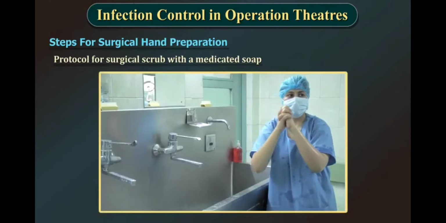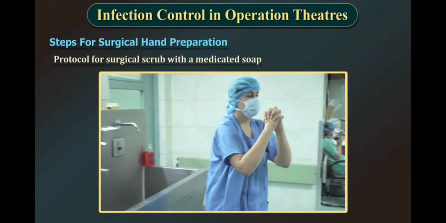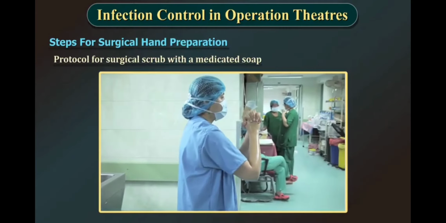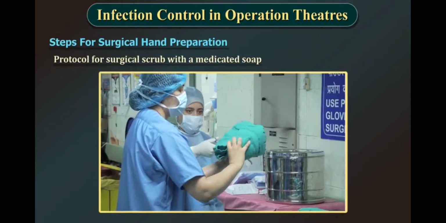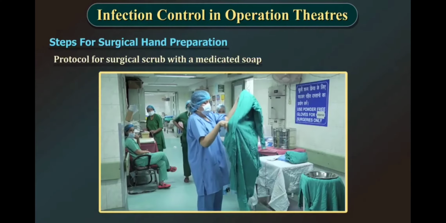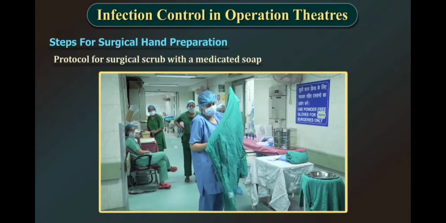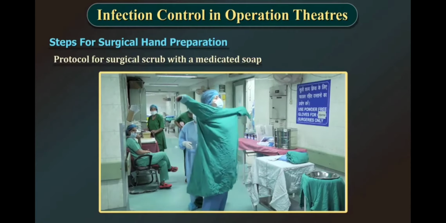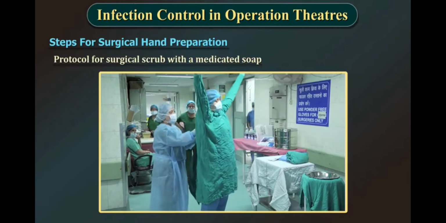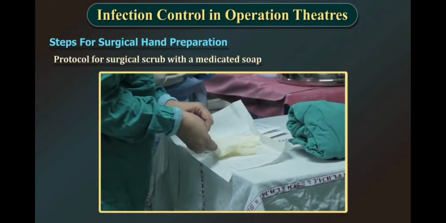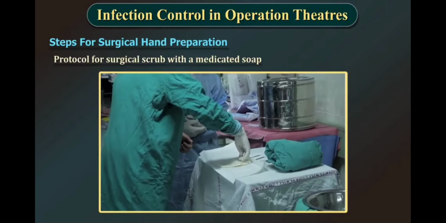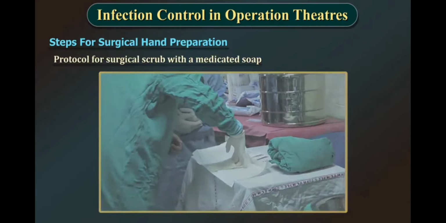Proceed to the operating room or suite, holding hands above elbows. At all times during the scrub procedure, care should be taken not to splash water onto surgical attire. Once in the operating room or the suite, hands and arms should be dried using a sterile towel and aseptic technique before putting on gown and gloves. Correct aseptic technique should be followed to wear sterile gloves without contaminating the sterile surface.